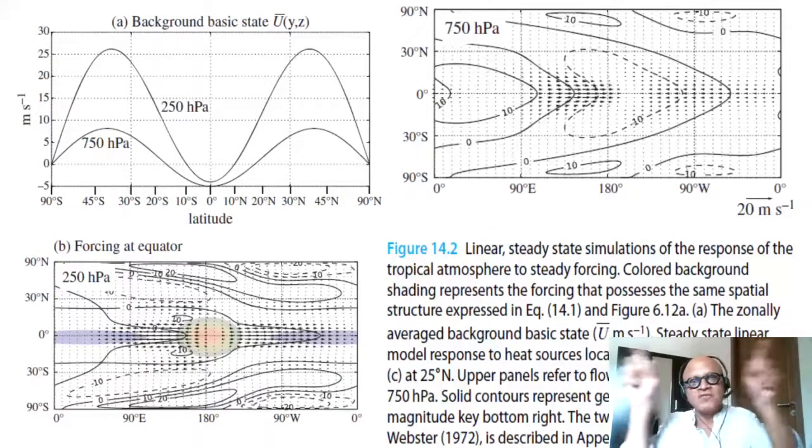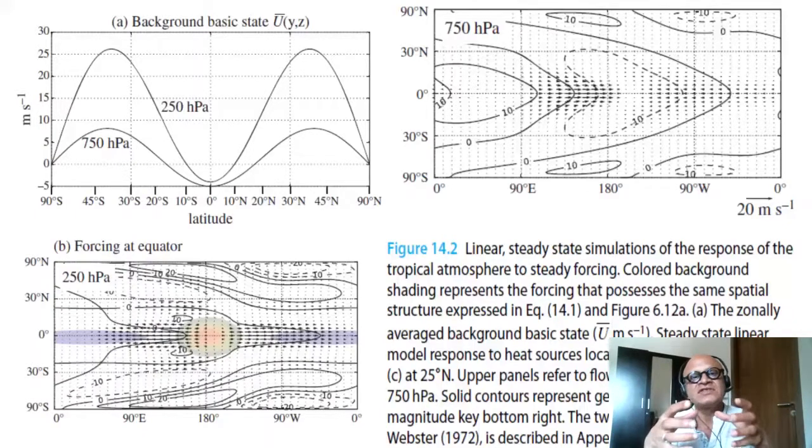So the Walker cell, which has the fixed centers of heating which are only seasonally moving and interannually moving, can be thought of in this wave Doppler shifted stationary wave kind of framework, given the basic